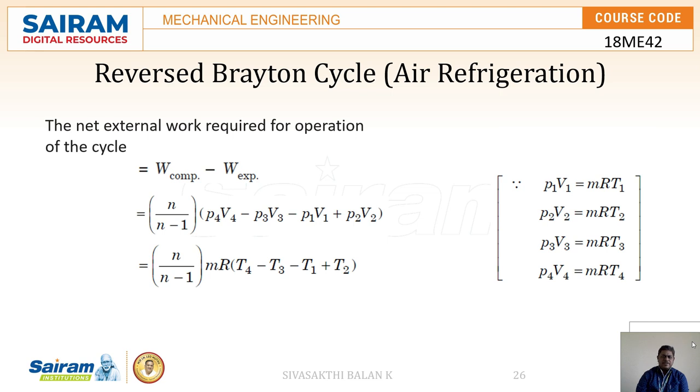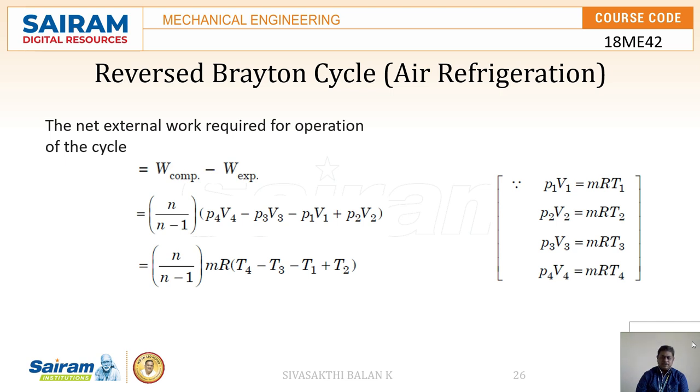And the net external work required for the operation of the cycle is nothing but the difference between the work done at the compressor and the work done at the expansion device, W compressor minus W expansion. Substituting the values of the compressor work done and the expansion work done in this equation, we get the final result for the net external work required for the operation of the cycle as n divided by n minus 1 multiplied by m R into T4 minus T3 minus